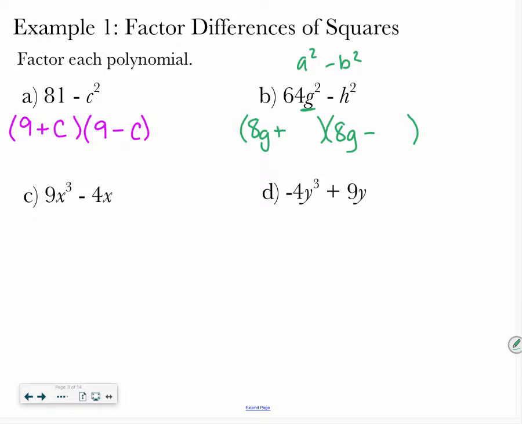Okay, how do I get an h squared? I do h times h. And so I know that